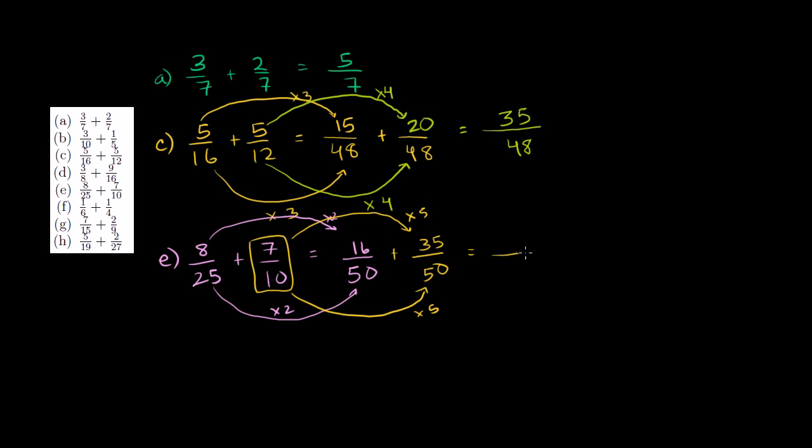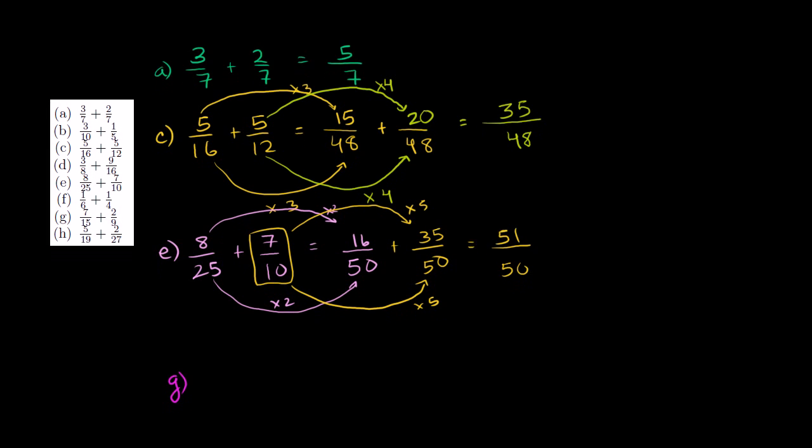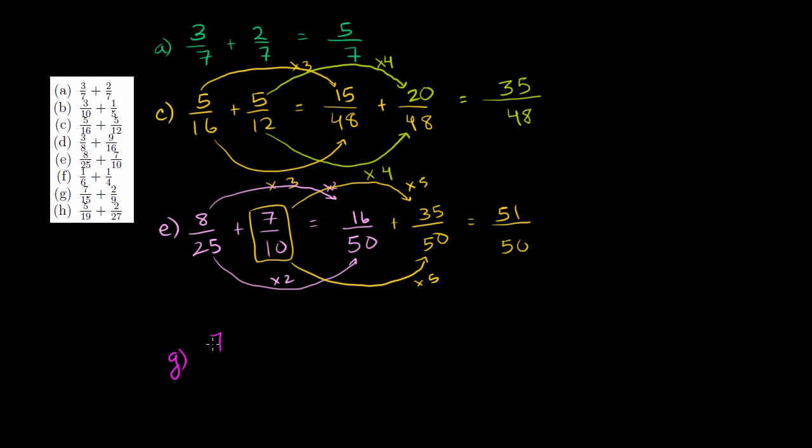Now that our denominators are the same, we have it over 50. 16 plus 35, what is that? That is 10 plus 35 is 45, plus 6 is 51. So it is 51/50. Problem, let's see, G. Let me do it in a new color. Problem G. So here we have 7/15. I'll write the second one in a different color. Plus